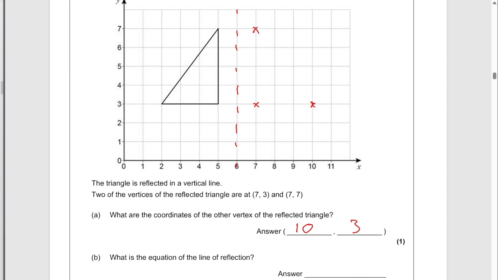And then the second part: what is the equation of the line of reflection? So this line, I've already drawn as a dotted line. The line is x equals 6. And then for question 4,